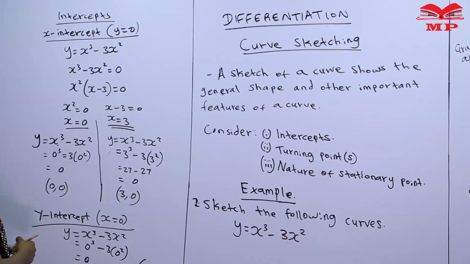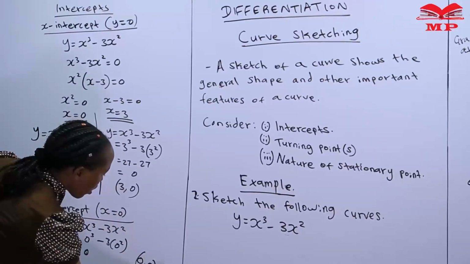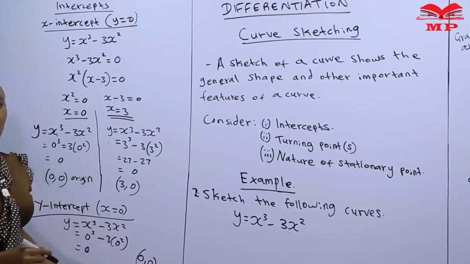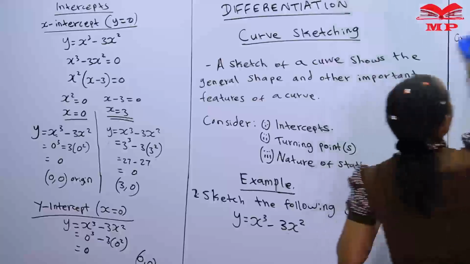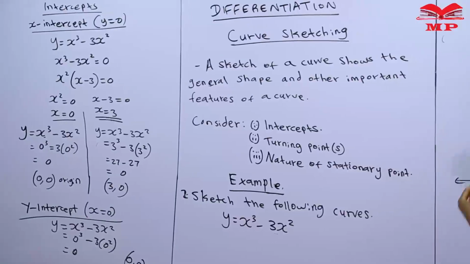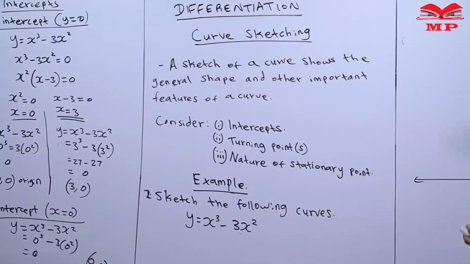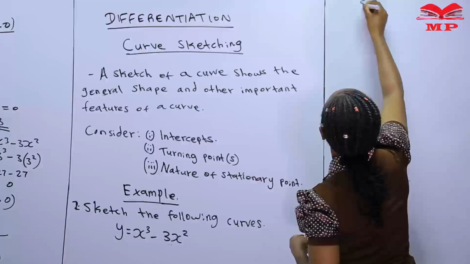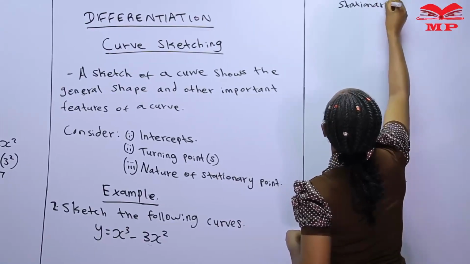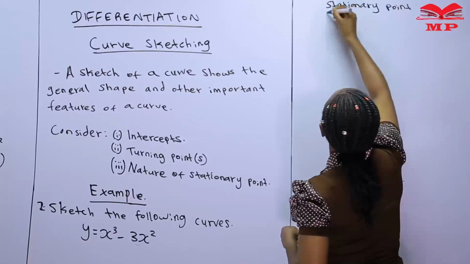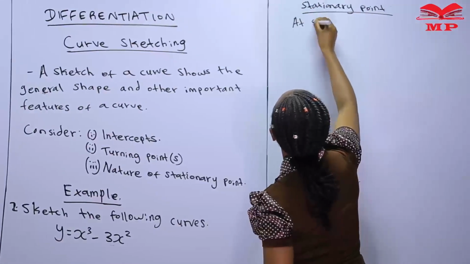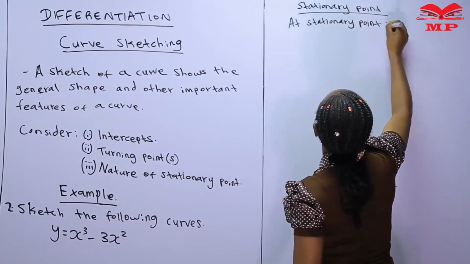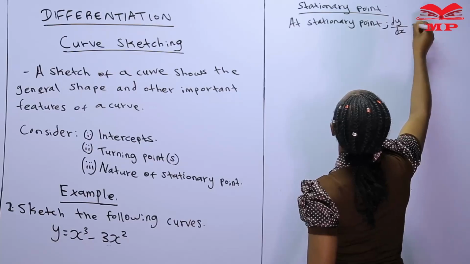That is the origin. So here we have the origin, and again for this case we also have the origin. Then after getting the intercepts, we now get the turning point, which is again very easy, the stationary point. So we simply come and say at the stationary point,